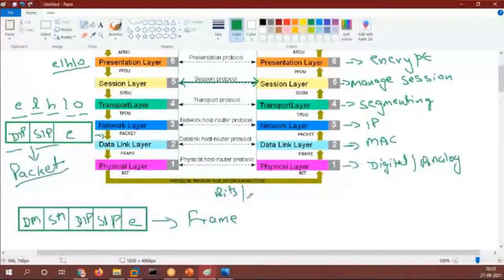And when I am sending the data through wire, I am sending the data in the form of bits. If I am using wireless, then the data will be shared in the form of radio frequency.